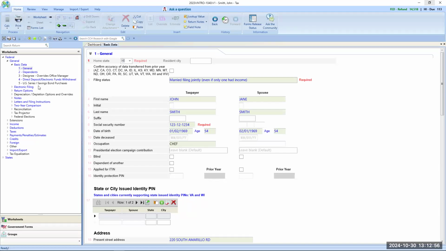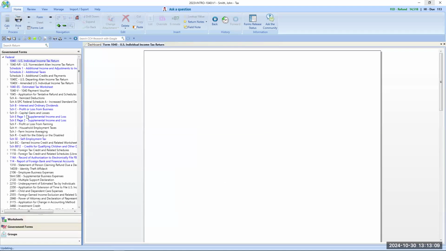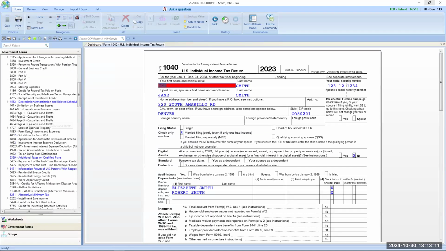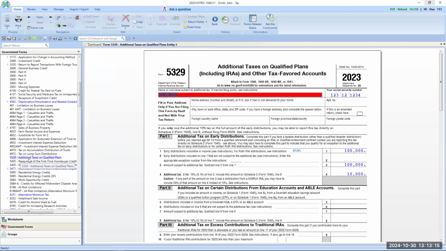Now let's look at the concept of, let's say we don't know where the input is for the information that we want to find. Let's say that we need to fill out a form that maybe we don't fill out that often, a 5329. Just a form that maybe we're not filling out all the time. We might not know exactly where that information comes from. So we can go to the 5329, go to a line number that we want data to come into from